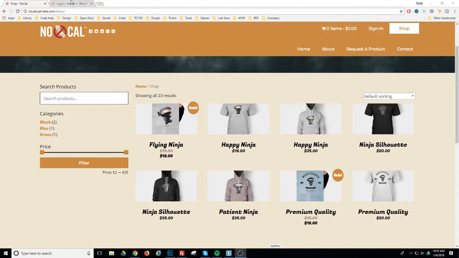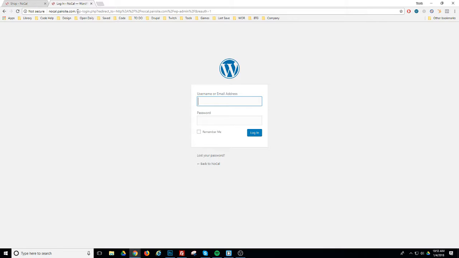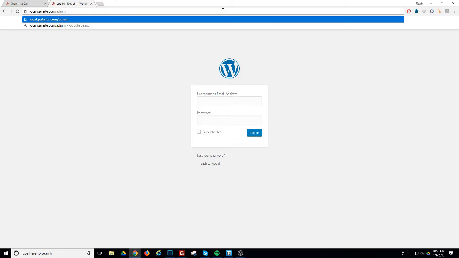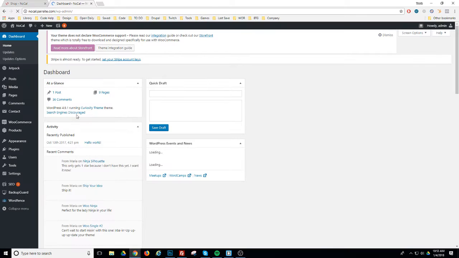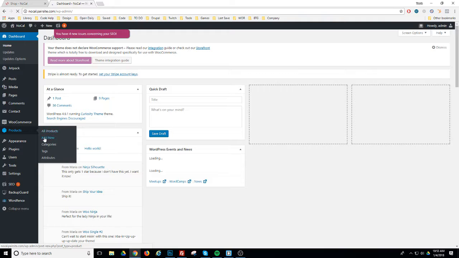So the first thing that you want to do is log into the backend, which is just the URL of the website, and then you can do /admin, and it'll take you to this screen. And then whenever you get here, you'll type in your username and password, and if you don't currently have one, we can create one for you and provide you the information. And then once you're on the back end of the website, you'll go to Products, Add New,